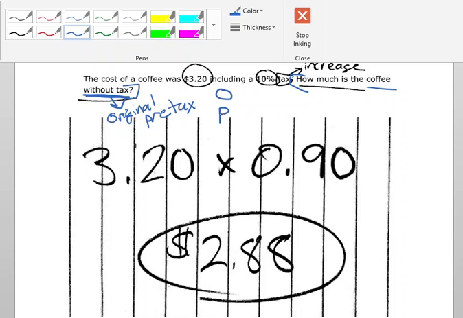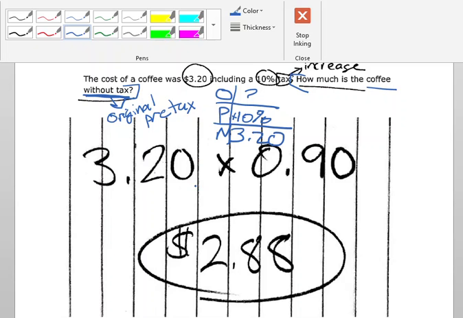And I know that some of you guys are like, you know what, Miss Syed, I got this. I don't need to do this key information box with my OPN chart. It's something that I do expect to see every single time. Okay, so the original price here, I do not know. That's my question mark. My percent was a 10% tax, so I have here a 10% increase. So I get to put plus 10%. I always kind of put plus or minus. That helps me when I set up my equation. And my new price was